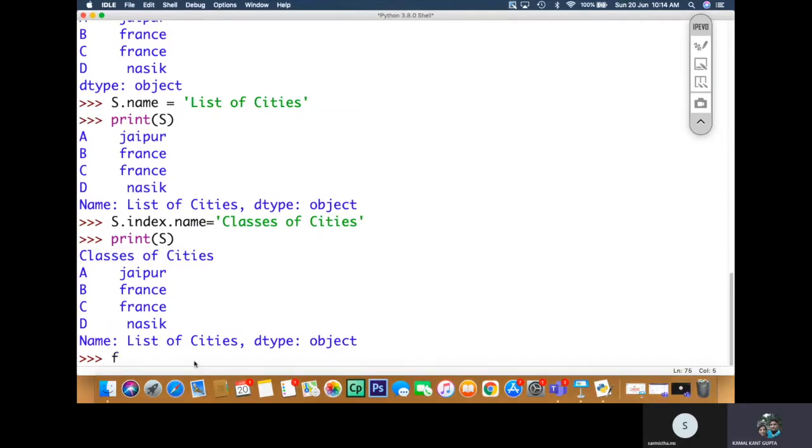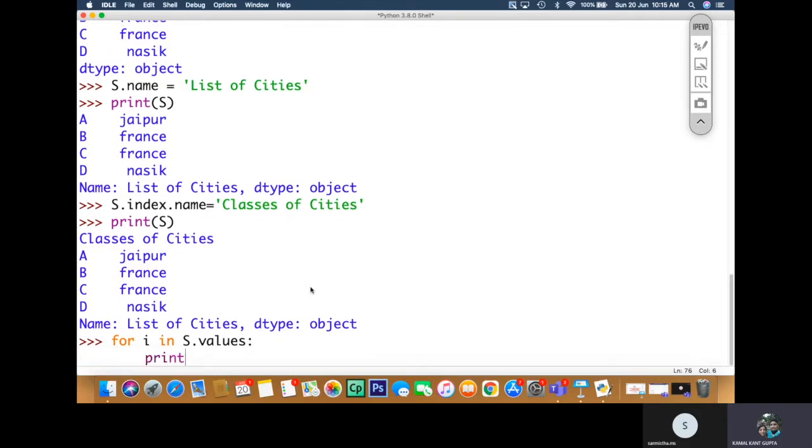So if I am going to write for i in s dot values, and if I am writing print i, what will it show?